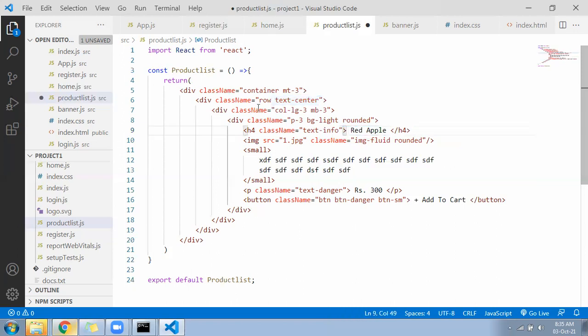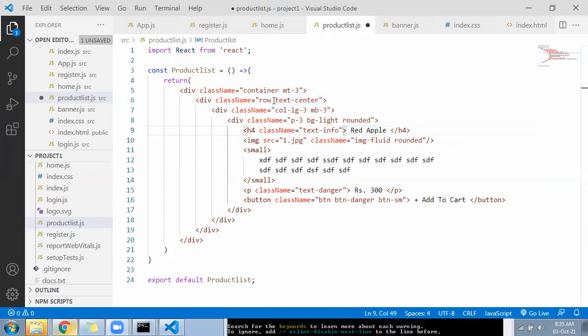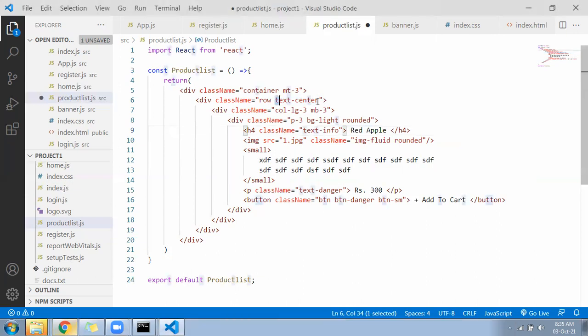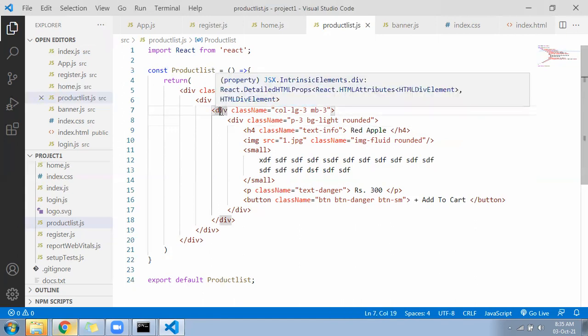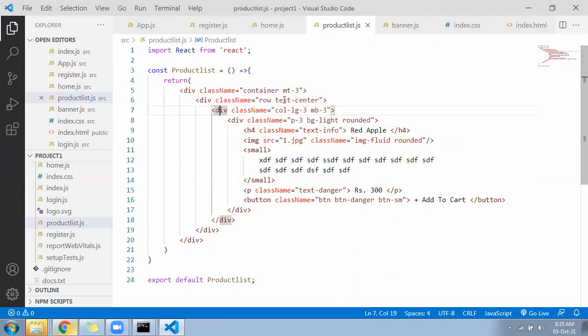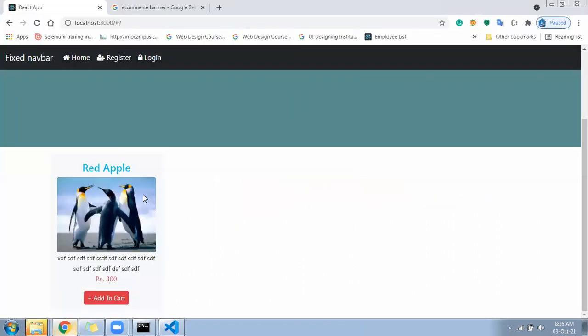Right here on the row level, write a text-center class, and it will come in the middle exactly like this.